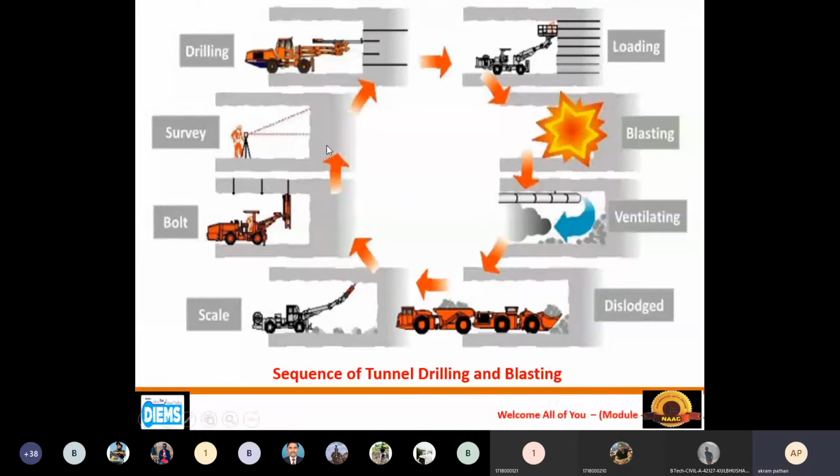And in case of sewage, supply from the city, or if you want to discharge that sewage into the nala or river, then we have to construct an underground tunnel. So many applications of the tunnel we are going to use. So the first sequence is survey.